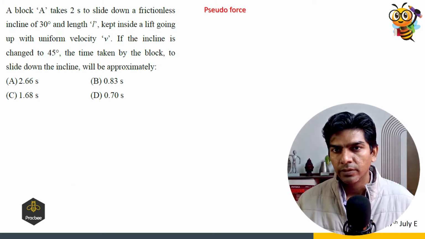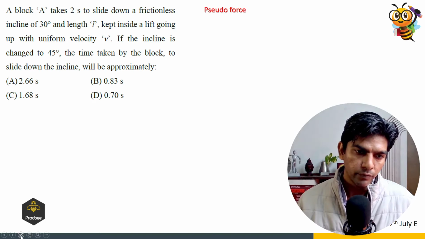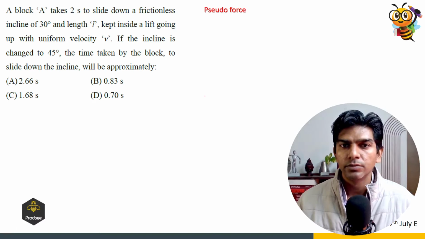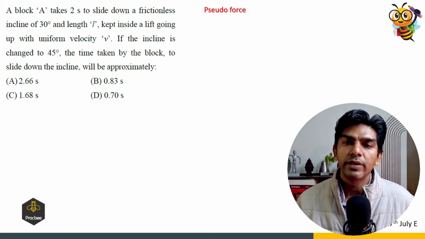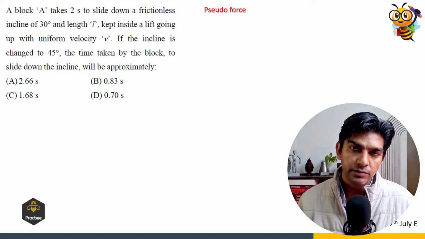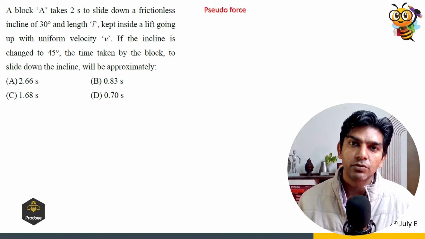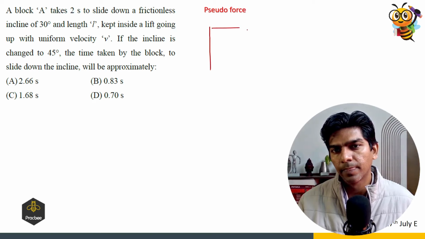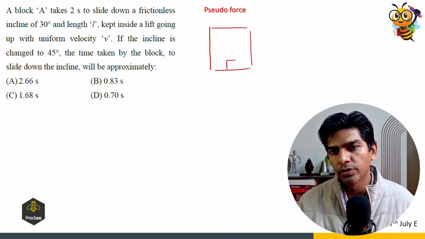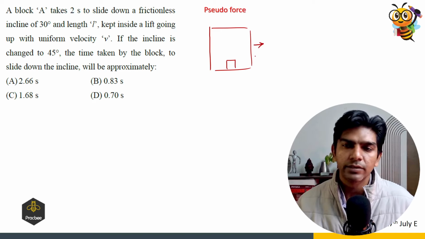Right, so now let us see the new area, which is pseudo force. Let us see what this concept is. Whenever we are working in a frame which is accelerating, to make that frame inertial, we have to exert a fictitious force which is called pseudo force. For example, if there is a cabin and there is a pendulum, right? Or let us say there is a block, and this cabin is going in the right direction with an acceleration